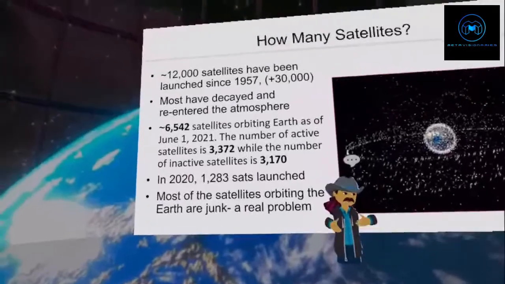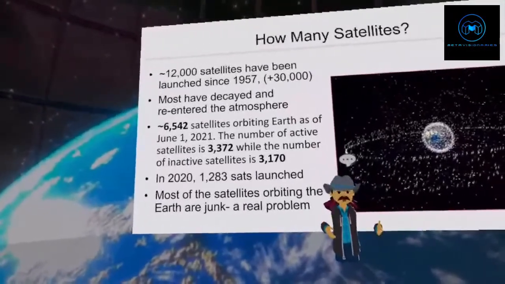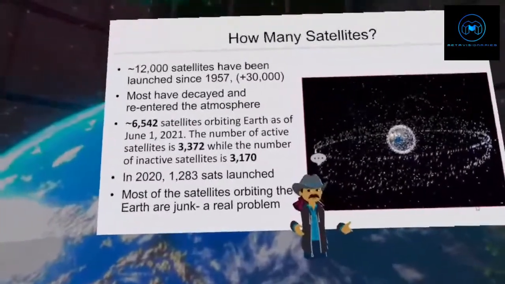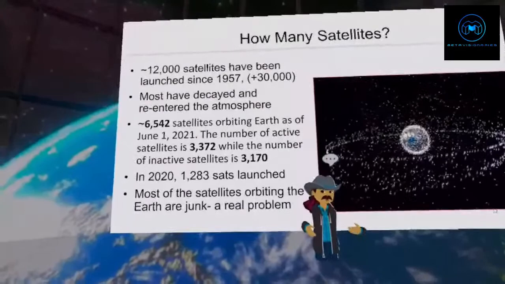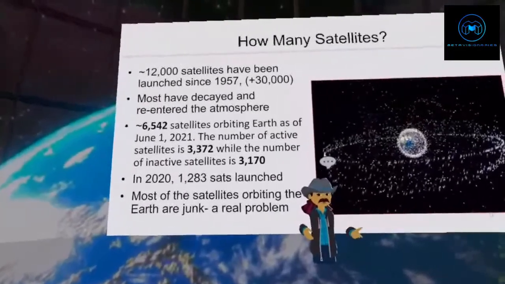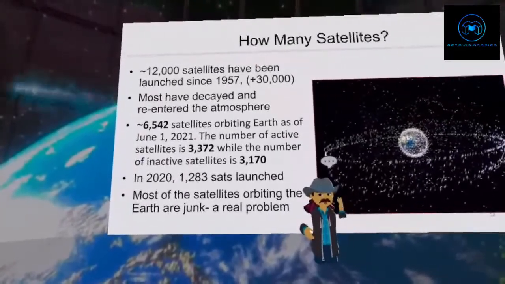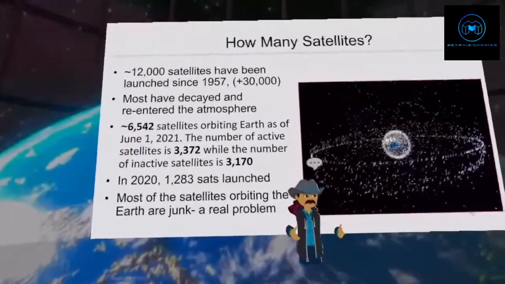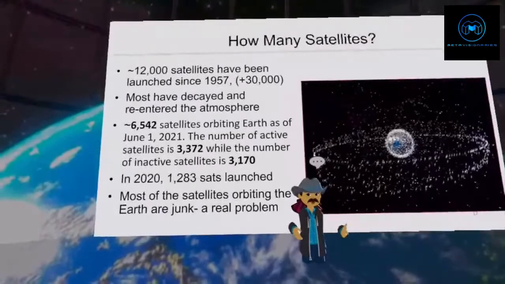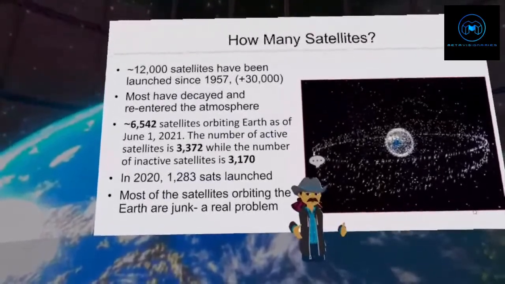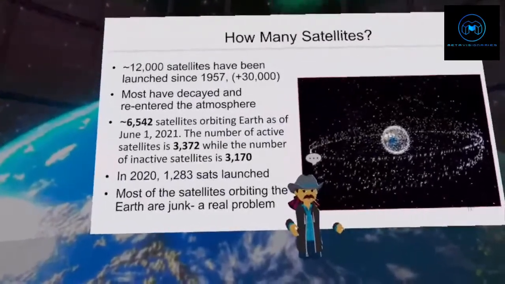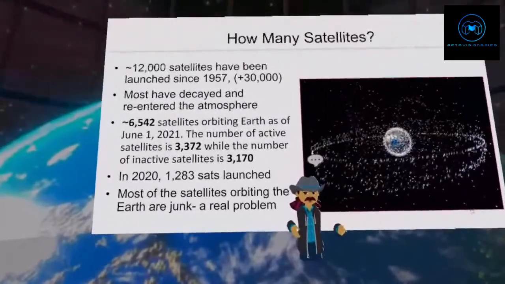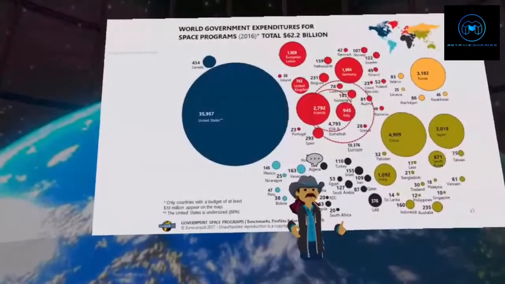And we've seen a huge increase in the number of launches, primarily led by Elon Musk and his Starlink and his other activities. So in 2020 alone, we've launched 1,200 satellites. Unfortunately, most of the things in orbit today are junk, and that's a real problem. But ever since Sputnik, we put a lot of stuff up in space, and we're going to have to figure out how to get rid of all the junk that we've left up there.